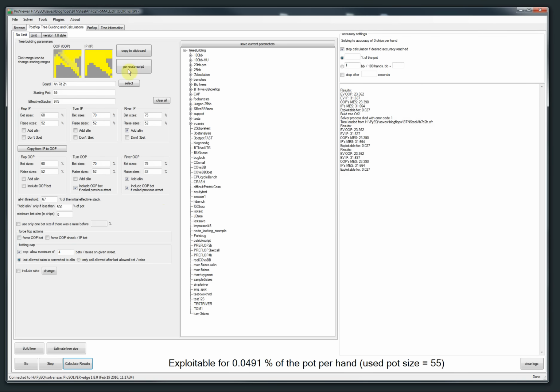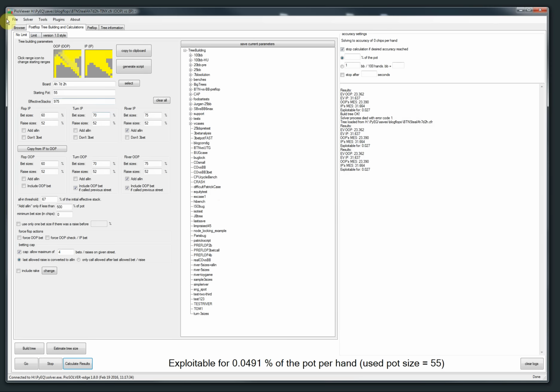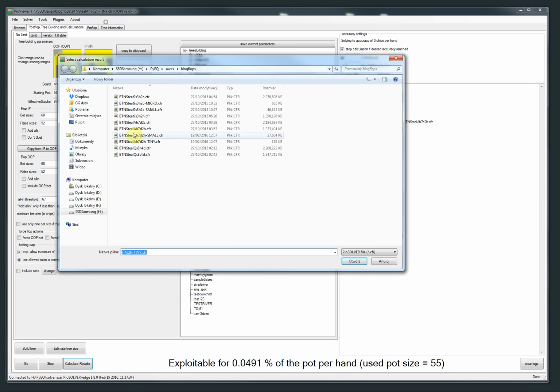So we can make this save, and then we can make a very small tree as well. Tiny. And yeah, you can compare